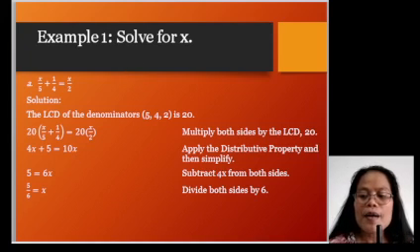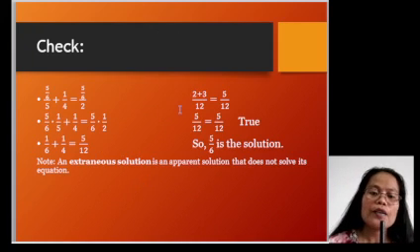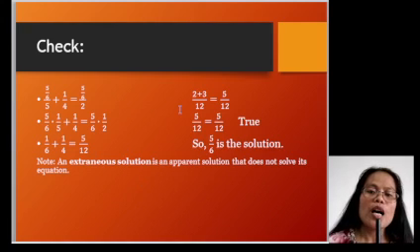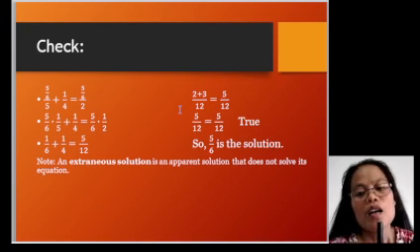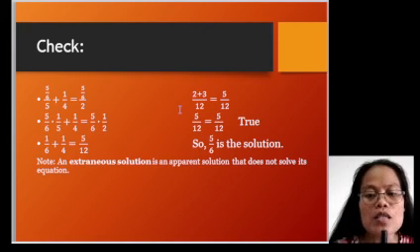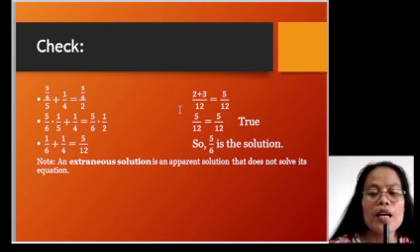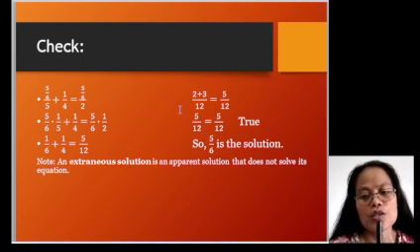And the last step is check. So you need to check if the solution that you have got is correct. So we have here 5 over 6 over 5 plus 1/4 equals 5 over 6 over 2. Since the numerators are the places of x, we need to substitute the solution we have got. And we need to solve if that is true. So we have